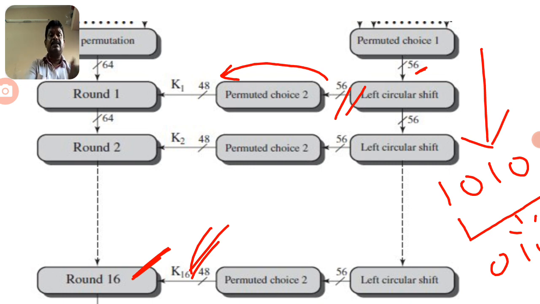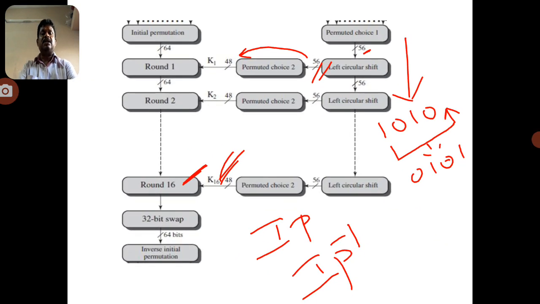So first we consider the 56 bit key. So we eliminate the 8 bits out of 64 by applying permuted choice 1. Then the 56 bits from permuted choice 1 are applied to the left circular shift, and again the result is applied to permuted choice 2. Permuted choice 2 converts the 56 bits into 48 bits, and now that 48 bit is key one, which can be applied to the round 1 function. So this process will continue until the 16 rounds. You can clearly identify here that the 16 rounds are applied. And finally we apply the swap function.